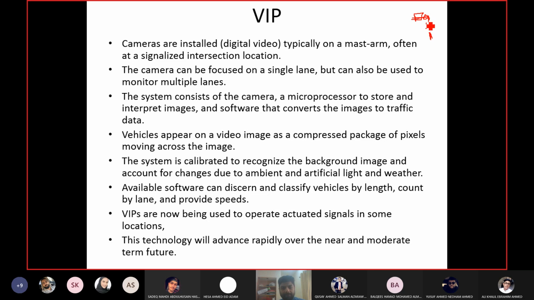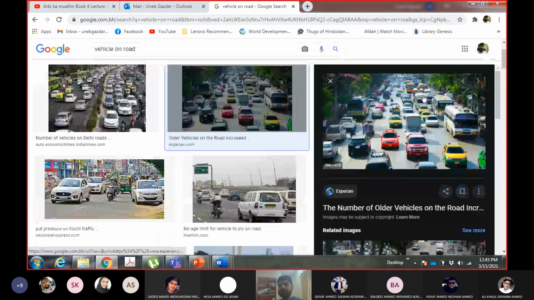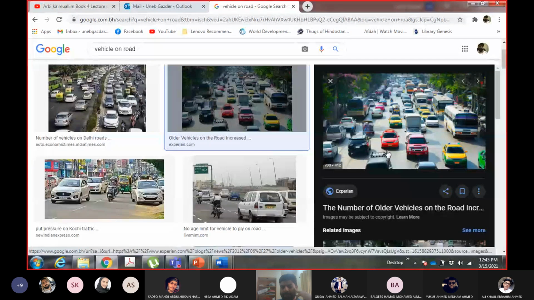Normally calibration is done like this. You start the camera, and from the camera you will have an image of the road captured by the camera. For example, this is the image shown by the camera. Then from this image, select the space which is occupied by a vehicle. So I will select this one, this is a vehicle. I will select this one, this is a vehicle. I will select this one, this is a vehicle.